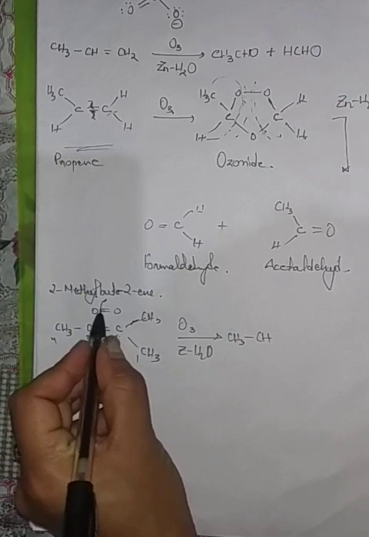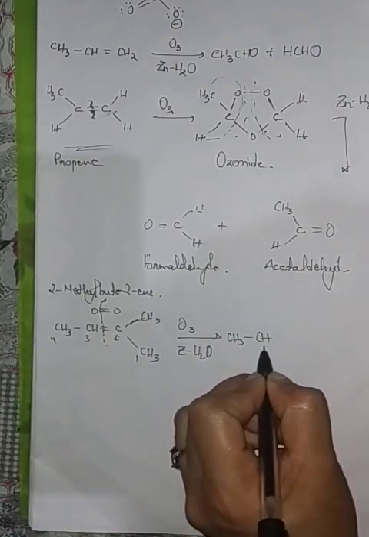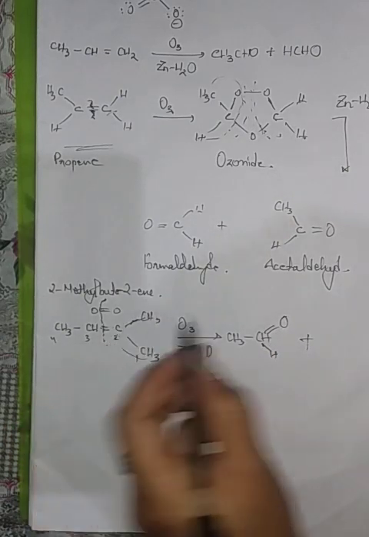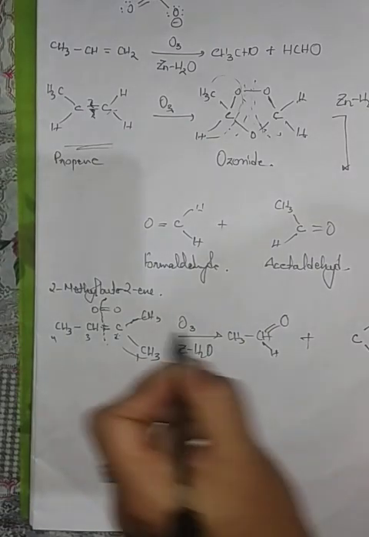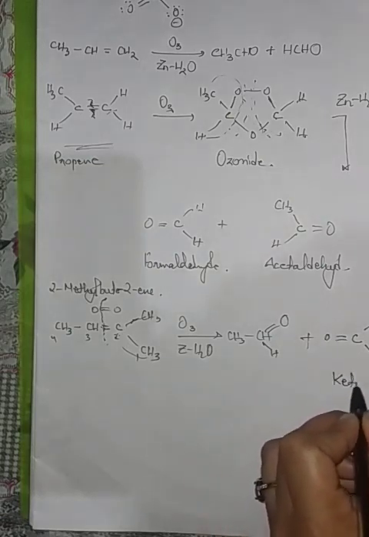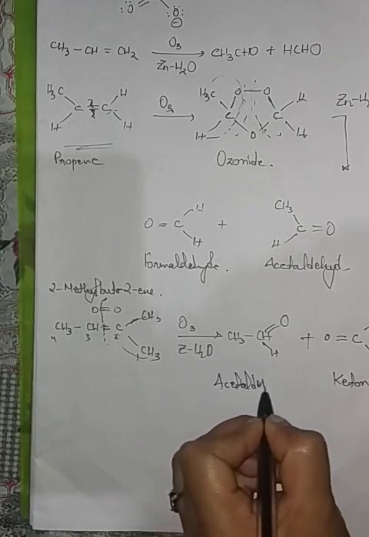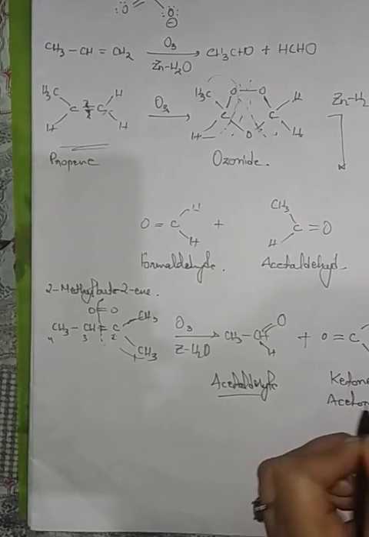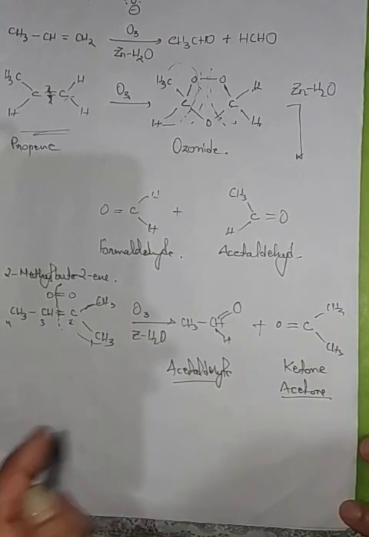For this part, since this bond broke up, CH3, CH double bond O, and for the second part you'd be getting CH3, CH3, and then double bond O. Therefore here a ketone along with acetaldehyde. This is also known as acetone. A ketone along with acetaldehyde is formed